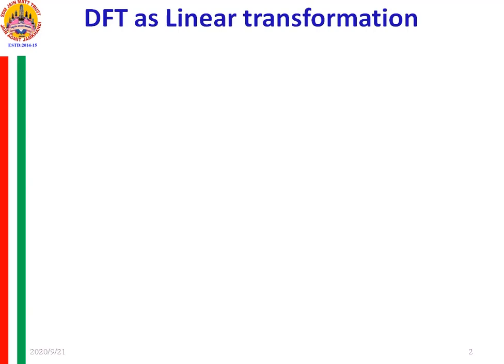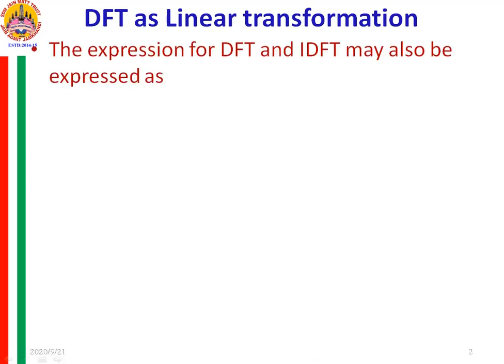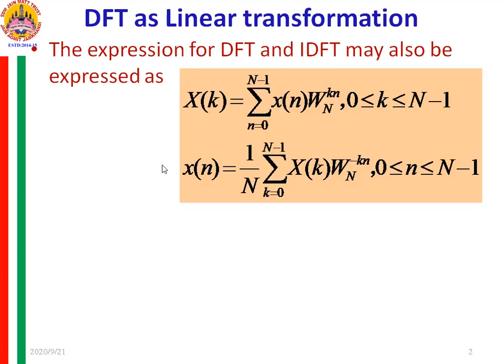For doing that, what we do is we represent the exponential term in the expression, that is e raised to minus j 2 pi by capital N, by this W_N. Now this W_N here is e raised to minus j 2 pi by capital N. When you replace that exponential term by W_N, the DFT expression becomes X of k is equal to summation n from 0 to capital N minus 1 x of n W_N raised to kn, where k also takes on the value 0 to N minus 1.